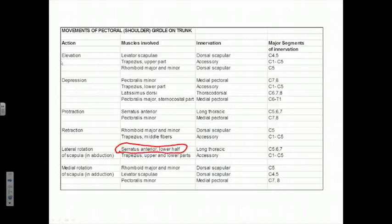Note that probably the lower half of the trapezius, the inferior portion of the trapezius, is going to play a major role in this process by pulling the inferior angle of the scapula upwardly or laterally. And also, the upper and lower parts of the trapezius are capable of rotating the scapula around that axis that we drew basically through its posterior wall by pulling up on the acromion process by the upper fibers and down on the spine of the scapula by the lower fibers, but in essence, both of them playing a role